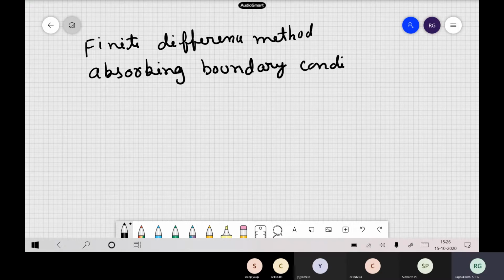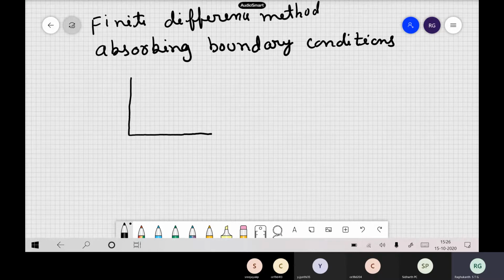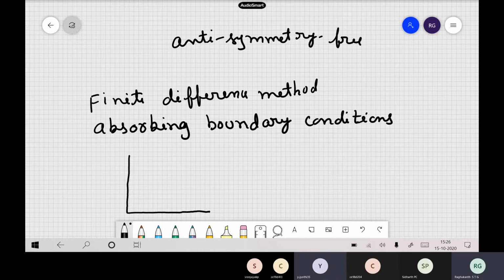So what is the principle we were doing in the last class? What is the basic philosophy behind these absorbing boundary conditions? Making it stress-free by introducing antisymmetry stresses. No, stress free is what? That is on the free surface. Stress free means stress is equal to zero. So antisymmetry will give you this zero stress. We use this antisymmetry to represent free surfaces.